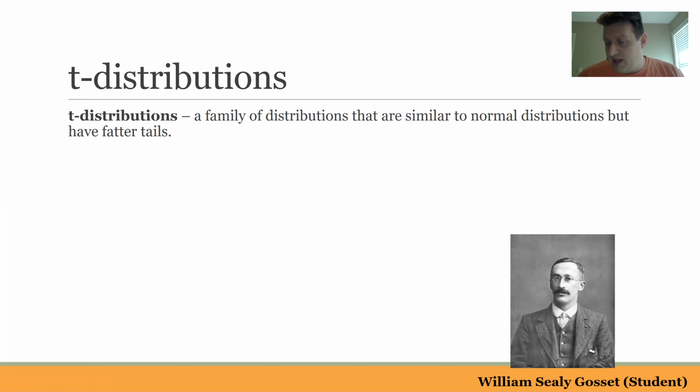But Guinness will not let him publish them, okay? Because if he ends up publishing it, well, then all the other beer companies are going to use the same technique, and they don't want it to be stolen. But Gosset is a scientist, and scientists want their information to be out public. So Guinness and Gosset come up with a compromise. Gosset ends up publishing under a pseudonym. So not his true name. He calls himself Student. So to this day, sometimes we call these a student's test, or we call them